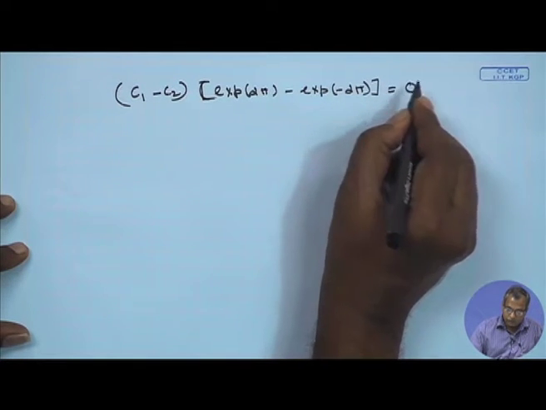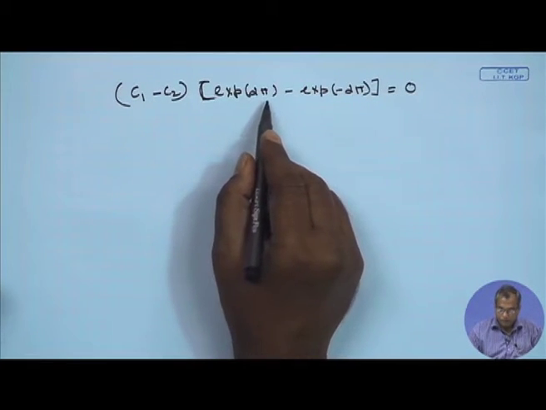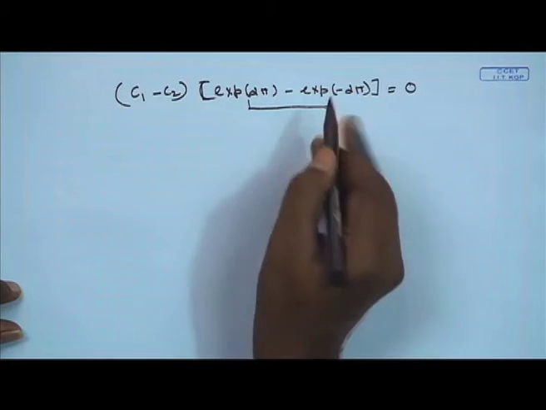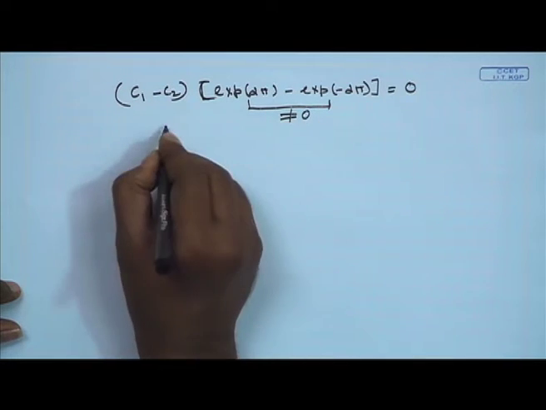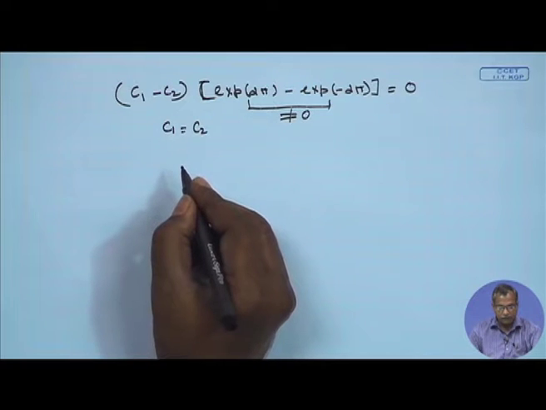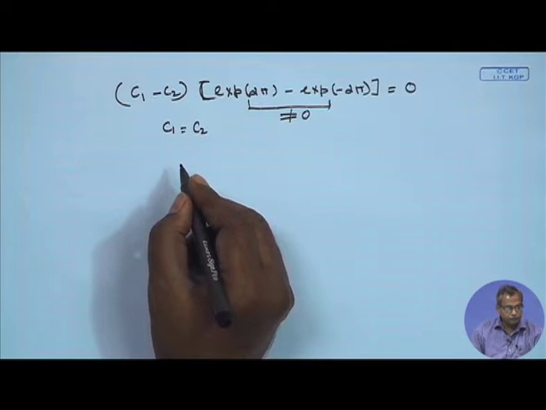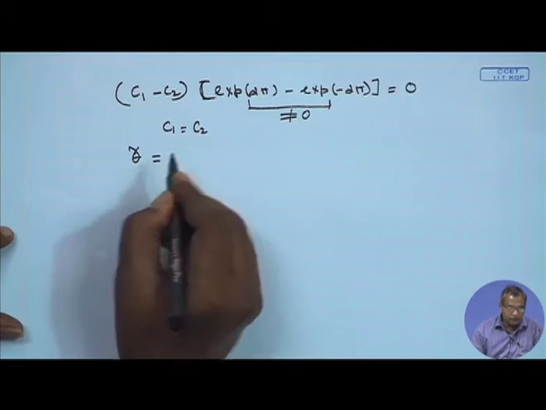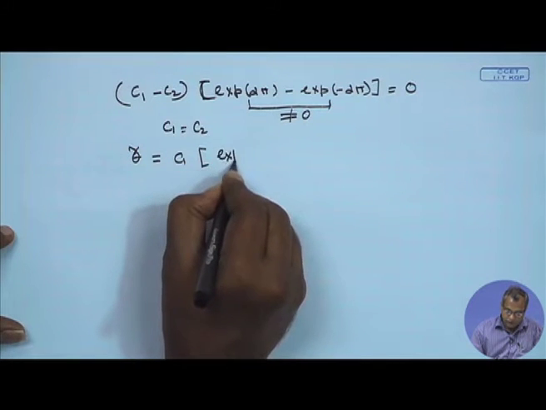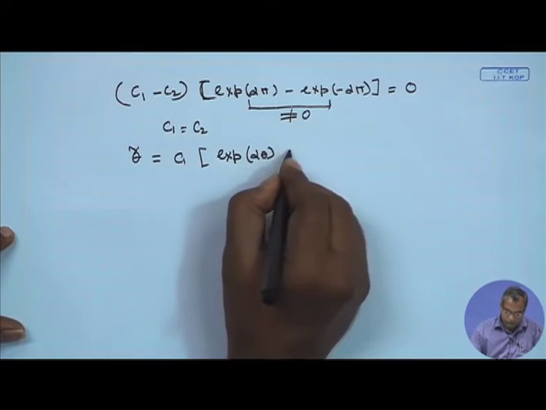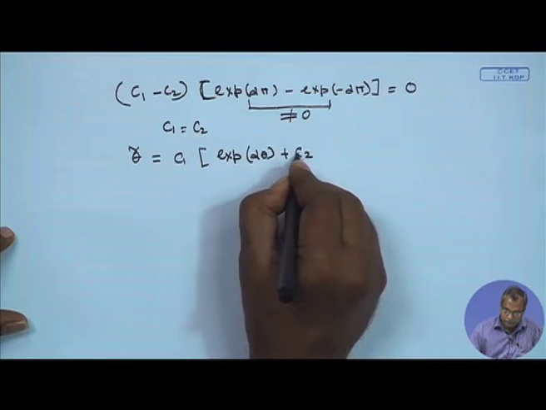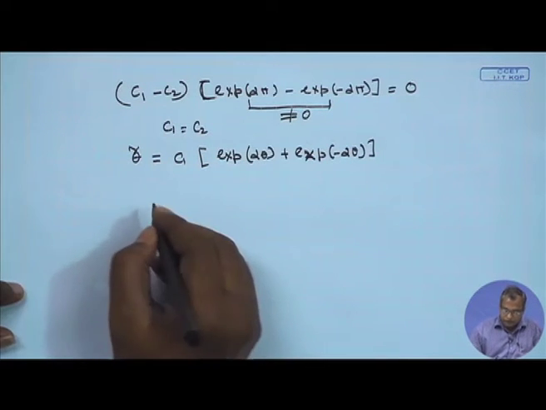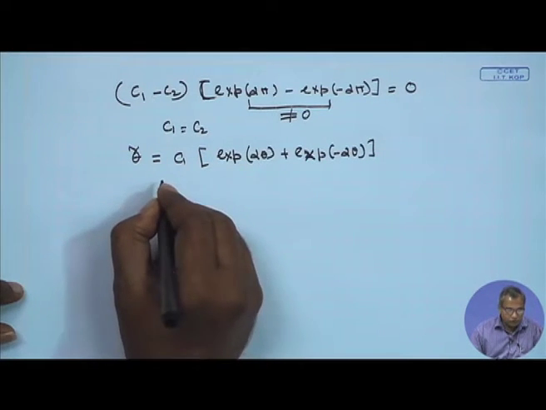Now that should be equal to 0, and exponential απ will be assuming a positive value. This will be a positive value, and this cannot be equal to 0. So this can never be equal to 0. So therefore the only option here is C1 is equal to C2. So therefore in this case number 2, we have the solution as θ̂ is equal to C1 (exponential αθ plus exponential minus αθ). And now if we try to satisfy the other boundary condition,